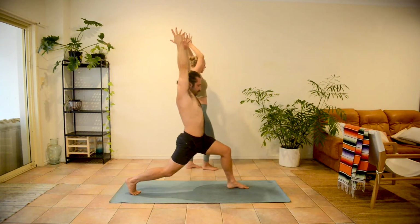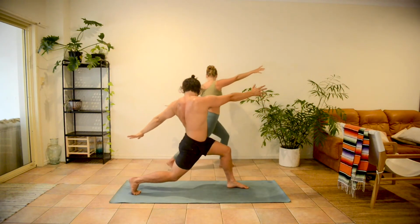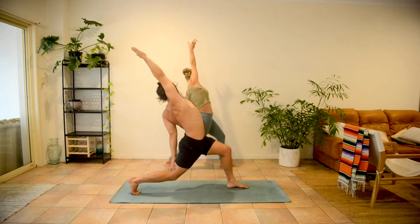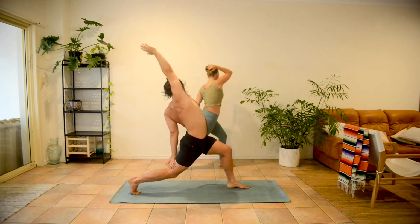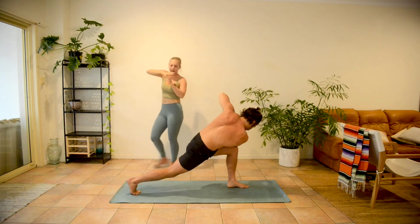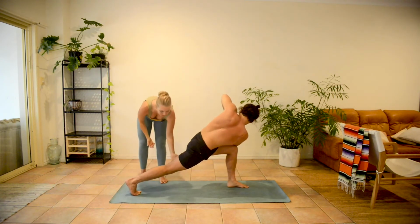Right arm forwards, left arm back on the exhale. We go straight to it. Left hand to the back of the right leg, flip the front palm up and reverse, big breath in. Keep that long line of energy, and then right elbow to the left knee on the breath out. Make a fist with the right hand. Wrap the left palm around the fist, pressing up with the fist as we keep that back leg really strong